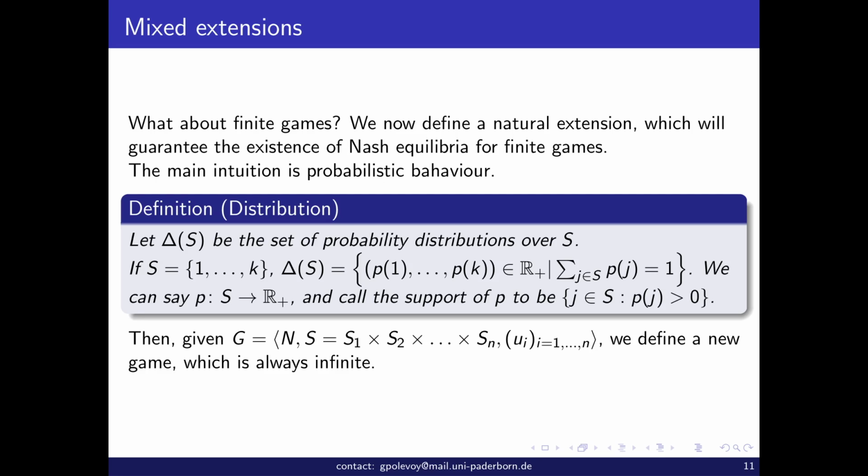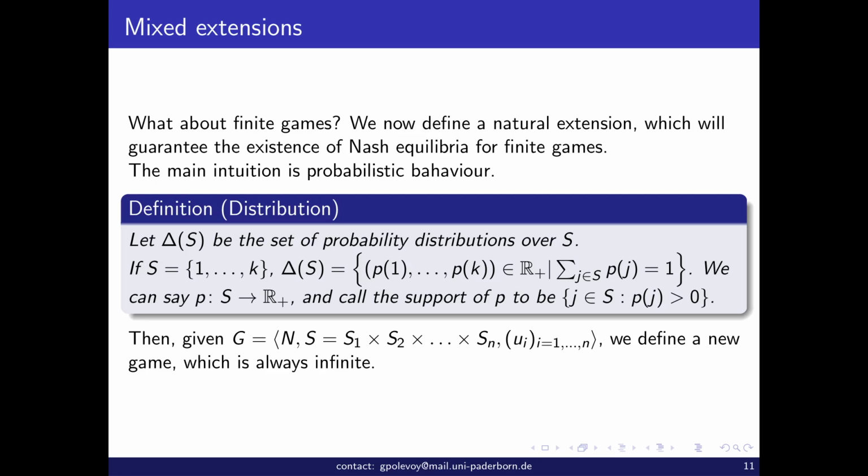So the treatment for finite games is to define a natural extension for which we will be able to guarantee the existence of Nash equilibria. This extension is going to be defined for any games, but for finite games, for those, we will have all these Nash equilibria. And the intuition is that it's basically a model of probabilistic behavior. What you do when you do not play deterministically, but when you rather play according to some probabilistic